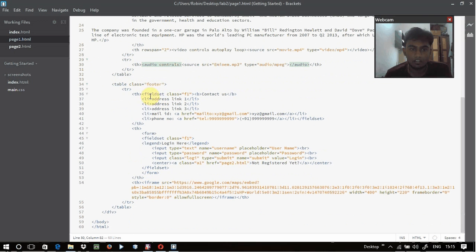It will contain my tables. Here I'm using some tables. Here is a table field with class f1. In that contact list there are address link 1, address link 2, and address link 3. So there are 3 links and a list. There are 5 list items, including mail id and phone number. My mail id should end with gmail.com, and only then my mail id will come, and my mobile number